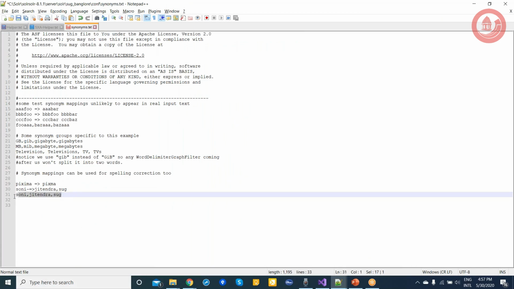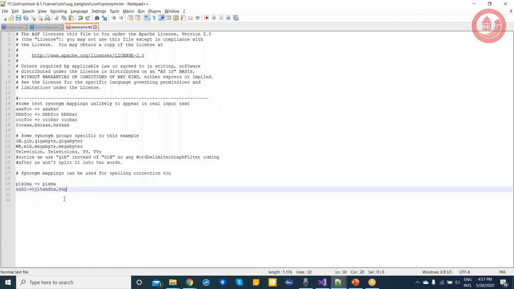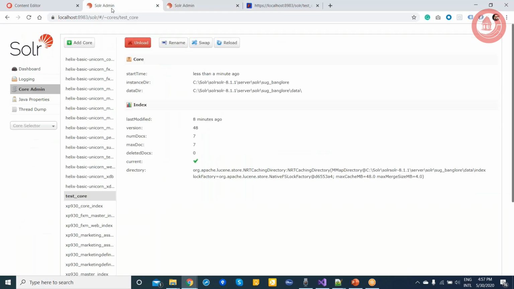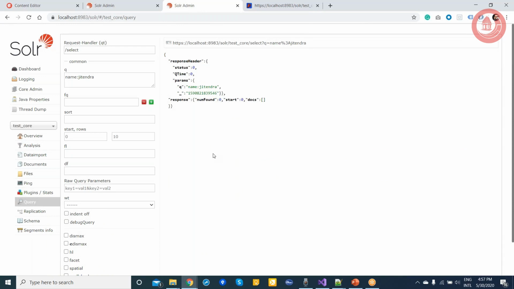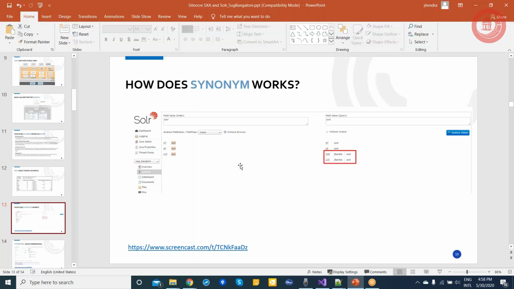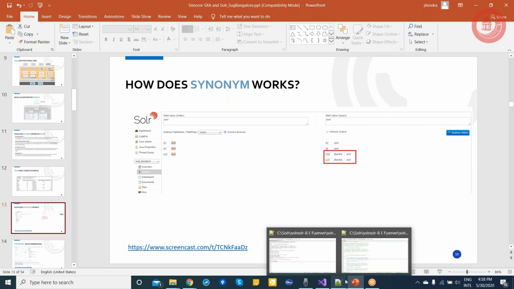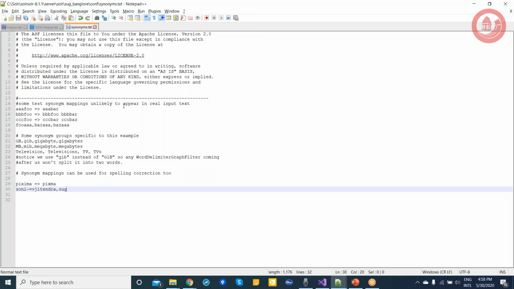Now if I remove this and make it one-way, and upload this one again, it won't give me any results, right? So what I'm trying to explain is how the synonyms work. If you want to apply any synonyms on your Solr, this is the place where you go and update them.